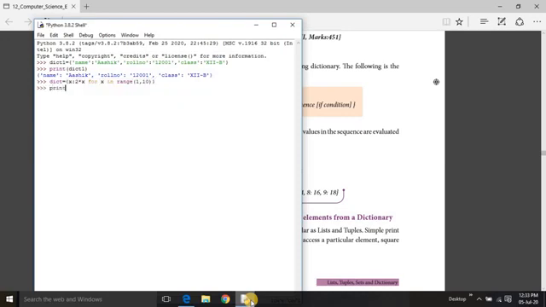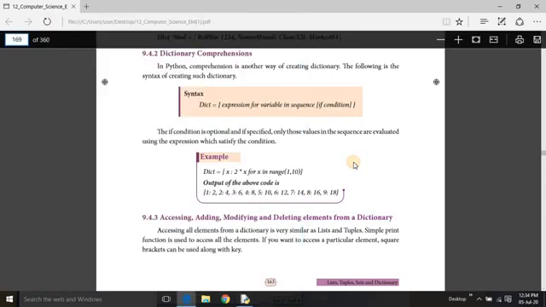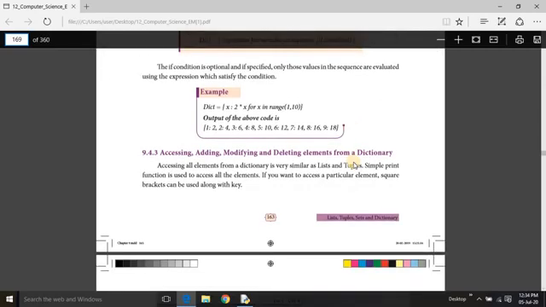Print dict. See, the x values from 1 to 9 are printed and a colon is placed, and the x value is multiplied by 2 every time. This is dictionary comprehension. Now, how to access, add, modify and delete elements from a dictionary.